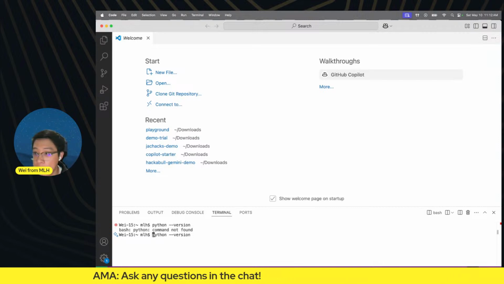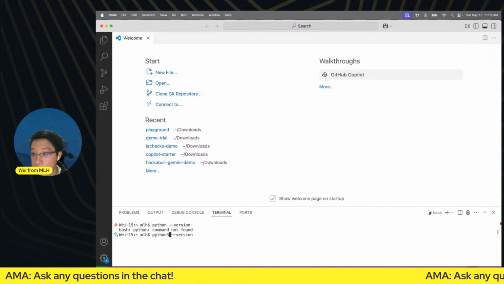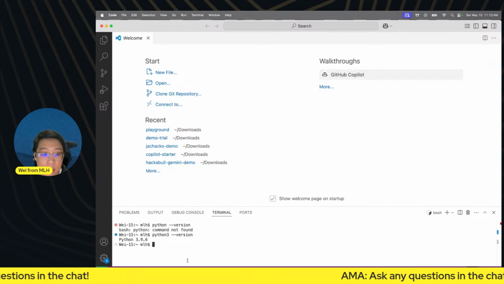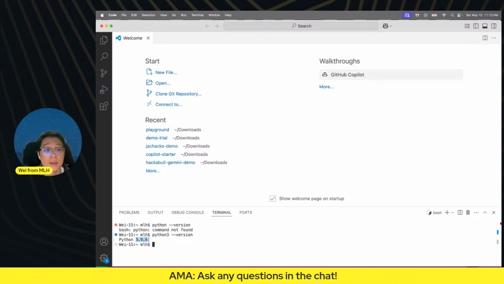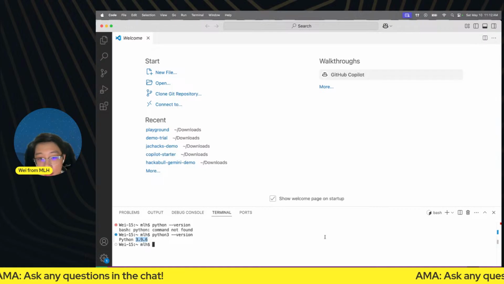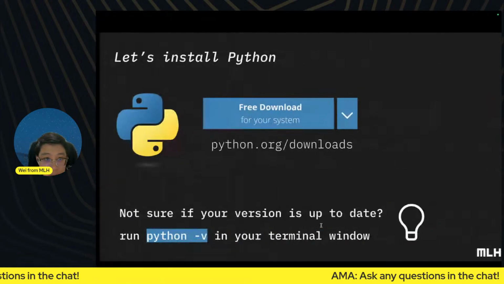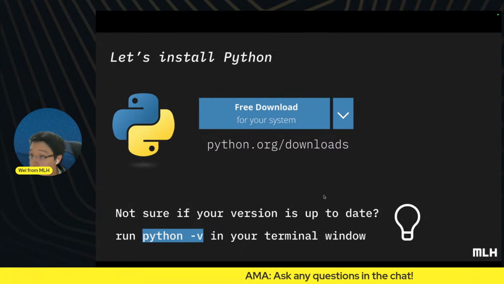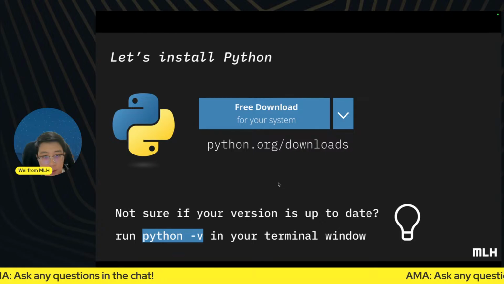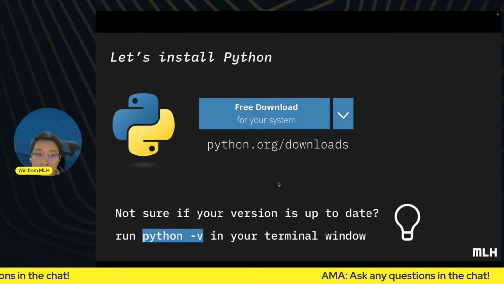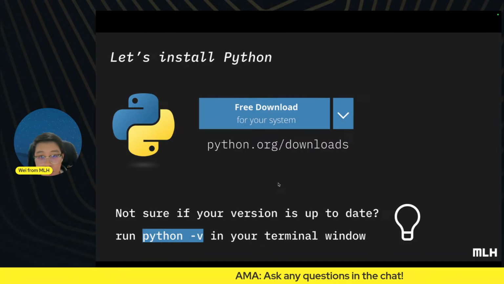On macOS, I believe you need to type python3 --version. So I have Python 3.9.6. That probably came with macOS, but as long as it's Python 3 plus, you're pretty much good to go. One thing to keep in mind is that on macOS, all of the commands need to be suffixed with the number 3. So python3, pip3, things like that, which we will go through together very shortly.